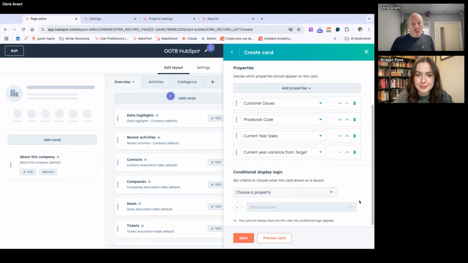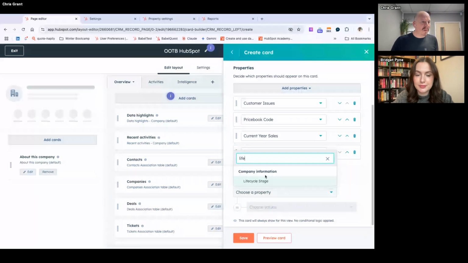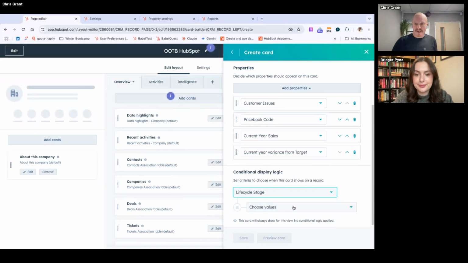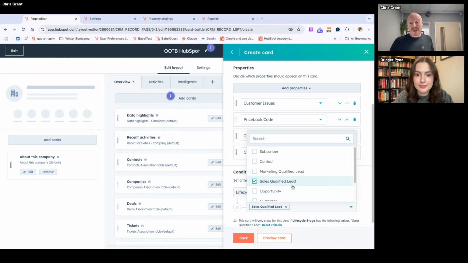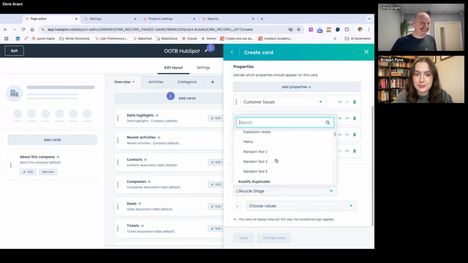And the other thing that is worth pointing out that you need to think about as well is that we can decide when this particular section is going to be displayed. So, typically we might use lifecycle stage. If you're using lifecycle stages and you've thought about them, we might say, let's only show that if somebody's a sales qualified lead that's been handed over to sales. But it might be the case that these properties are important as part of the handoff, so we extend it a little bit. You've got almost unlimited ways that you can think about this. So consider it very carefully.